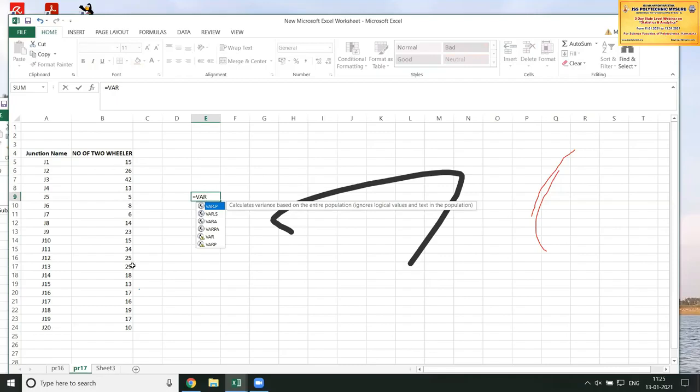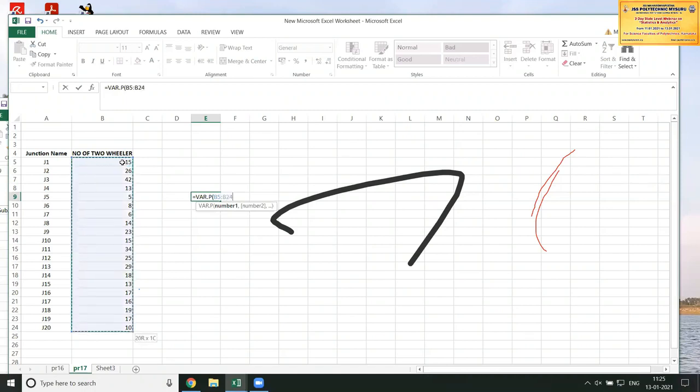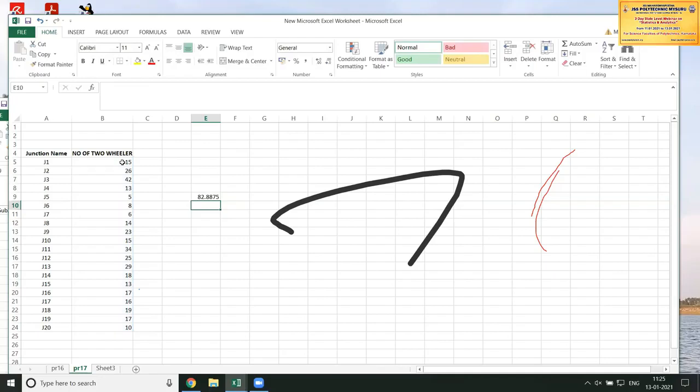So I am taking the complete data set. I'm clicking on VAR.P, double click on it, and select the complete values from the beginning, then press Control and Enter. So this is the variance for the given set of data.